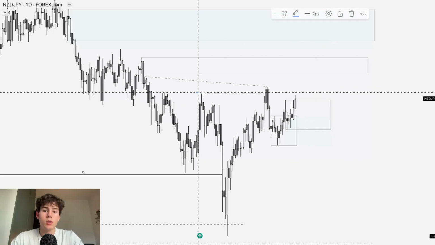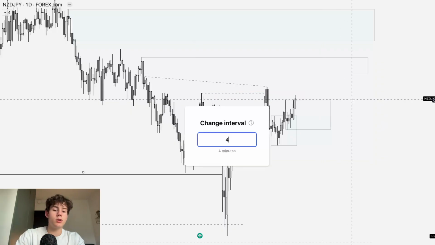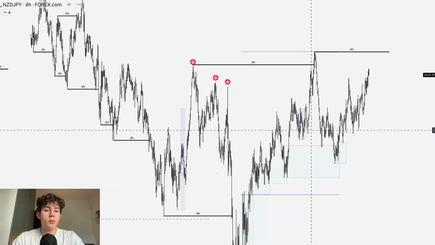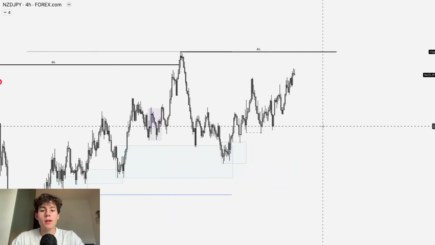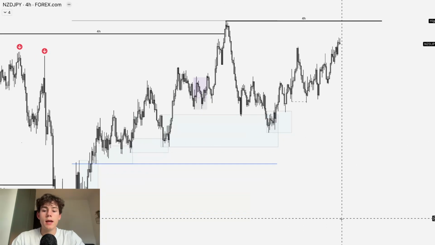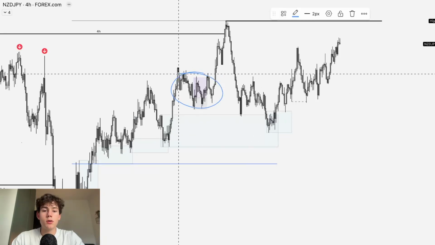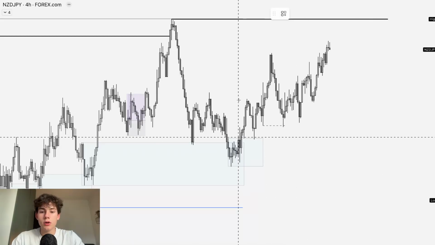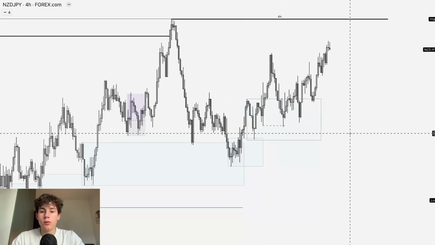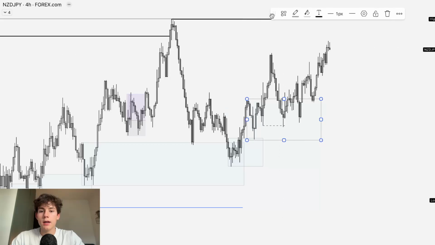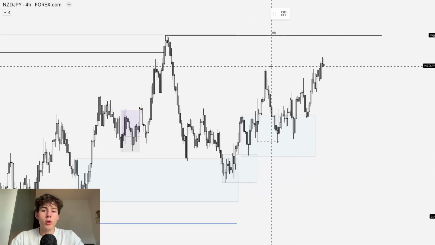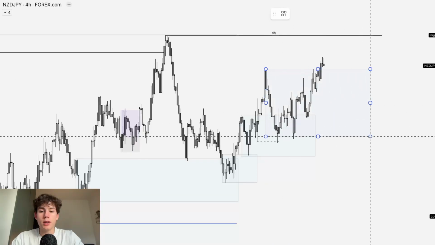But like I said, we already took liquidity, so this is not the best pair to go short from or go long from, because we already took that weekly liquidity, which was the ultimate goal, and longs should have been captured over here and here, which I also did. So this is just going to be bullish order flow, and in my opinion, long or short, not an A-plus setup here,